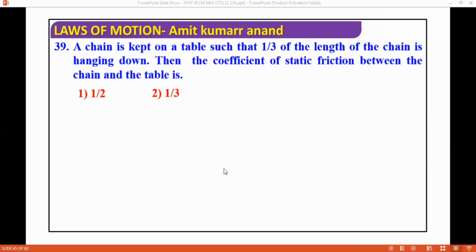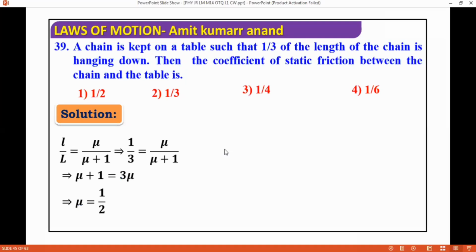I'm showing you the calculation part over here. So basically it comes like this: 1 by 3 equals mu times 2 by 3, so mu equals 1 by 2. Otherwise, you can go with the process I already explained to you. You can go with the basics and get the answer. No issue in it.